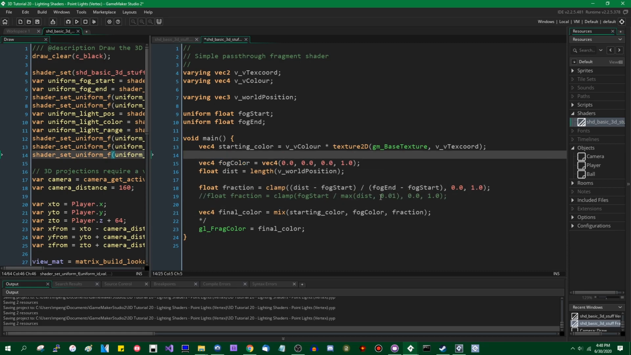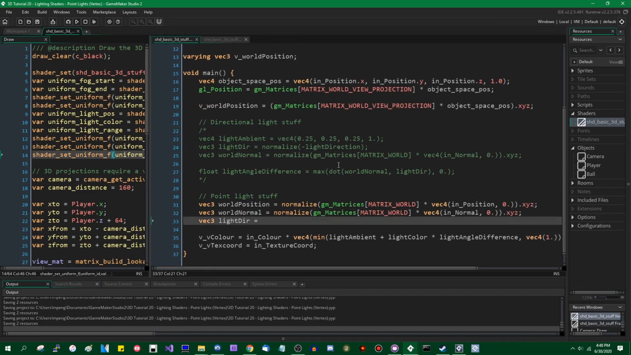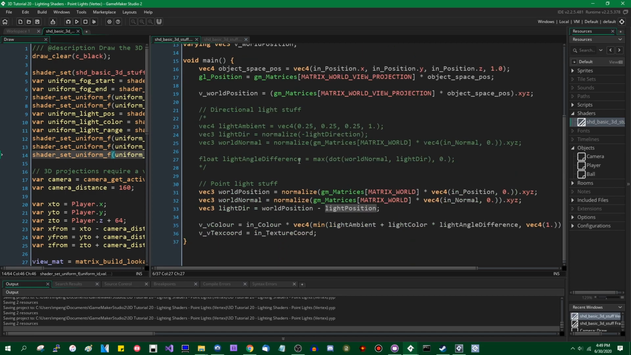So that the fog isn't sitting there and distracting a little bit from the actual lights. Anyway, we now have the world position of the vertex, the world normal of the vertex, and as I was saying, the direction that the light is going to be traveling to each vertex is simply going to be the difference between world position and light position, which is the uniform representing the position of the light, because light travels out radially from